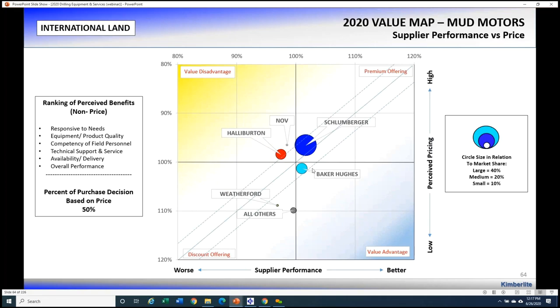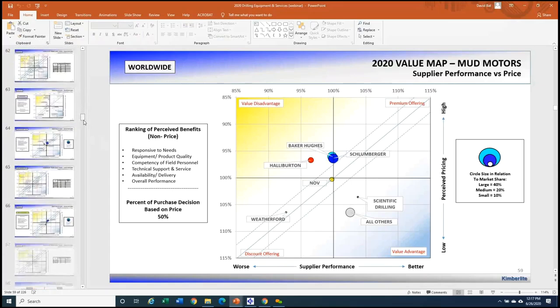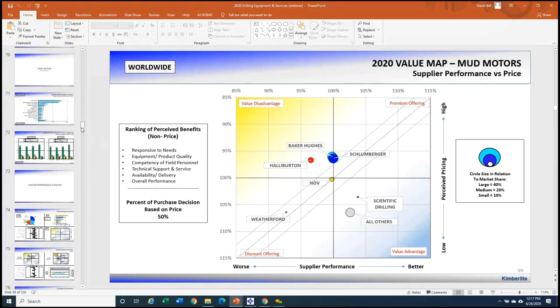Naturally, if you move to the international land market, you don't have 40 different suppliers to choose from, and the market consolidates significantly in terms of the number of suppliers. And you can see that the performance and the overall positioning of Baker Hughes, Halliburton, and Schlumberger begin to tighten up quite considerably. If we move to another topic like measurement while drilling, or MWD tools, what we'll find is